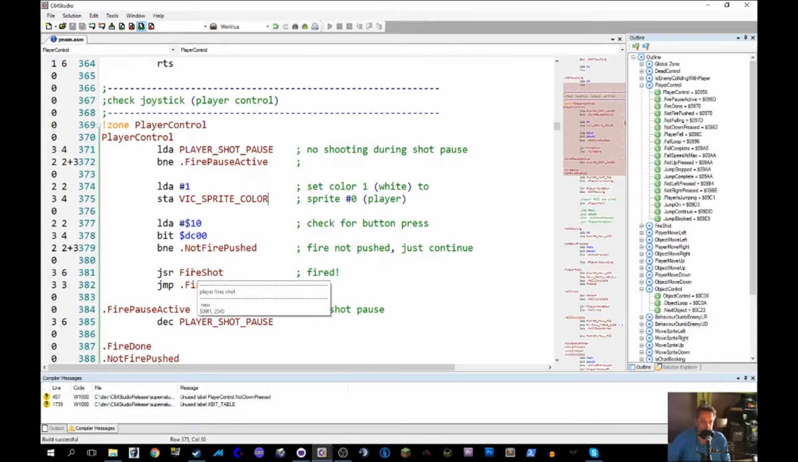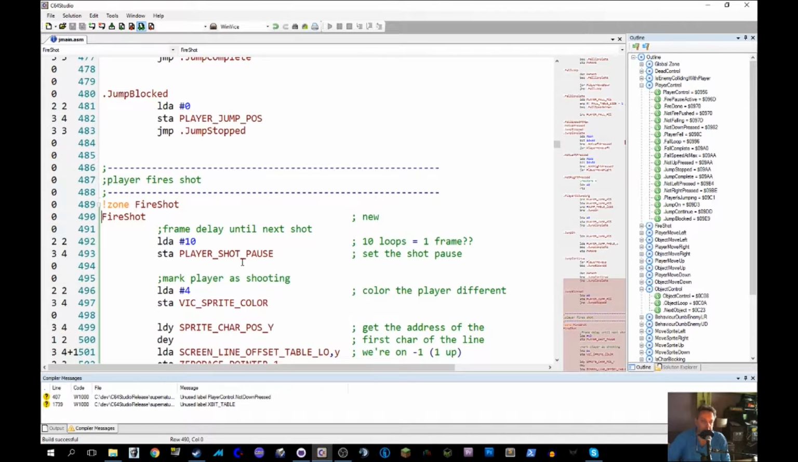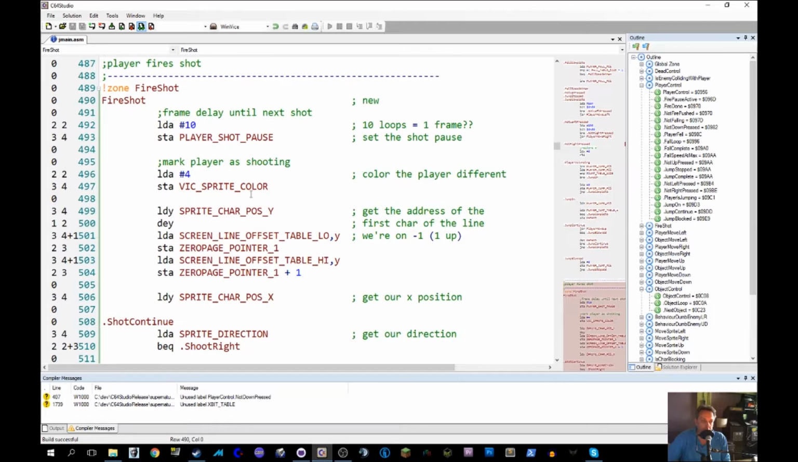But of course, we want to know what happens when we did press fire. So a shot was fired. Fire shot is what the function is called. And here we go. As soon as we hit the fire button, we set the player shot pause to 10. Now this in my mind is an arbitrary value. It's a decimal 10. It says frame delay, suggesting that